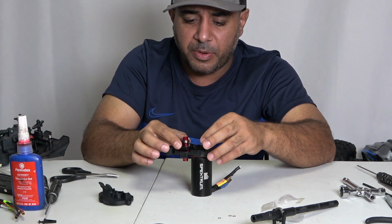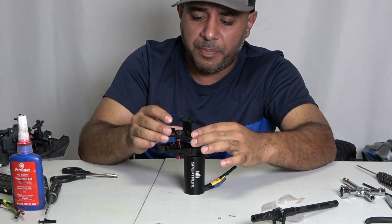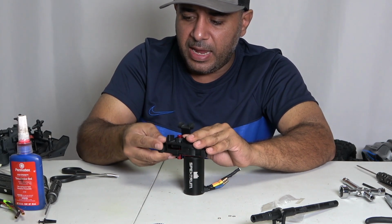And make sure you lock up your gear. Make sure your mesh is good. Once it's all done, what you want to do is put this cover on, and you got